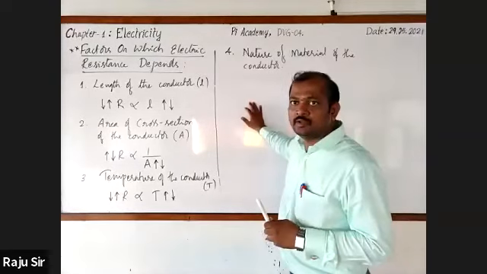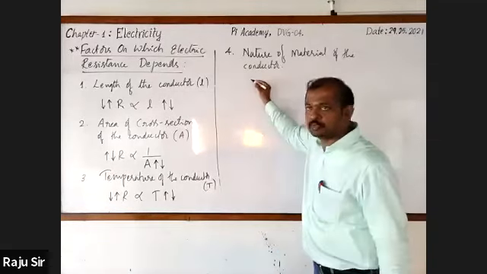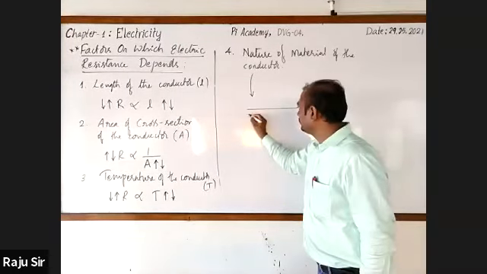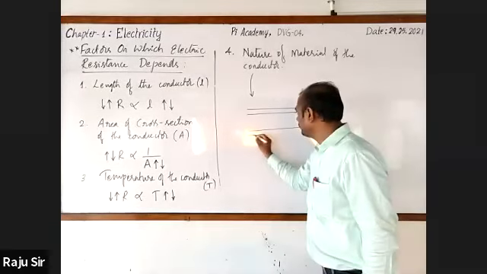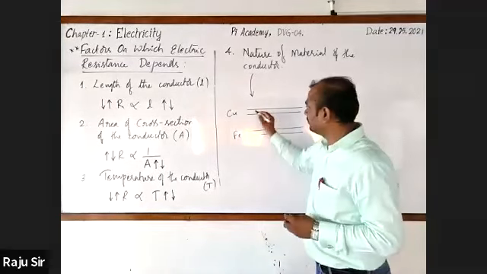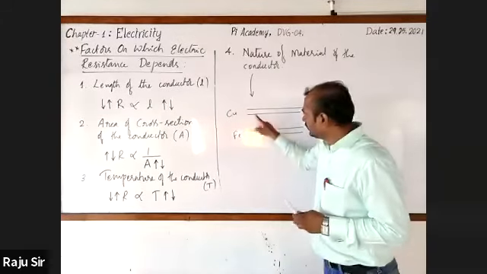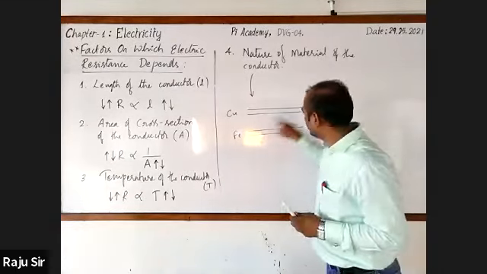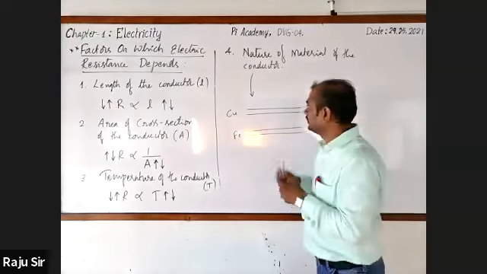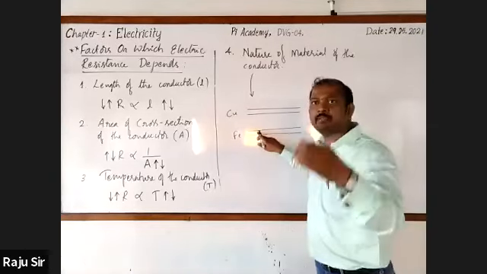Next, observe. We have just come to know the fourth point, that the arrangement of atoms is different from one to one. If I take copper and iron, in copper they are packed more loosely than in iron. Here we have taken copper and iron, two wires of the same length and same thickness. Whether the resistance offered by copper and iron will be same or different?